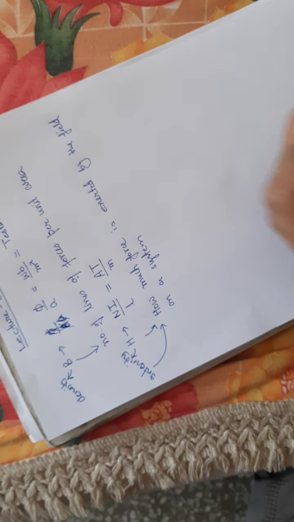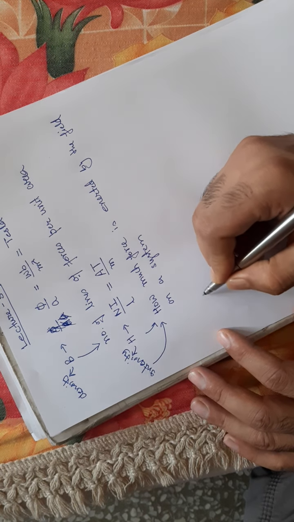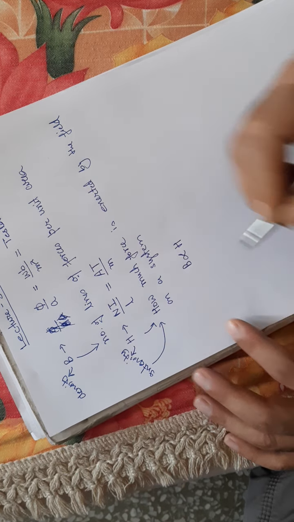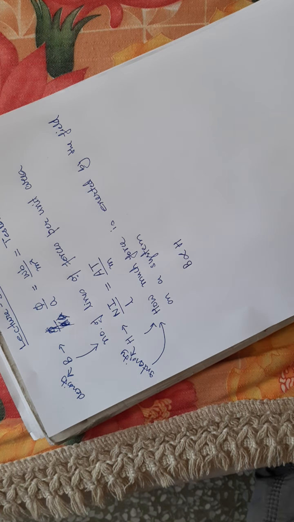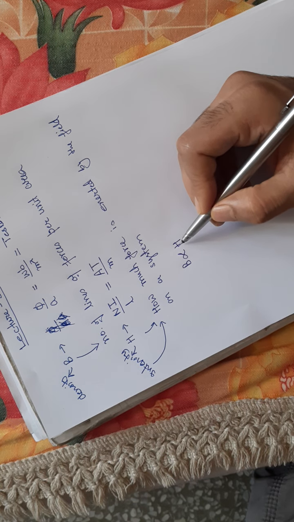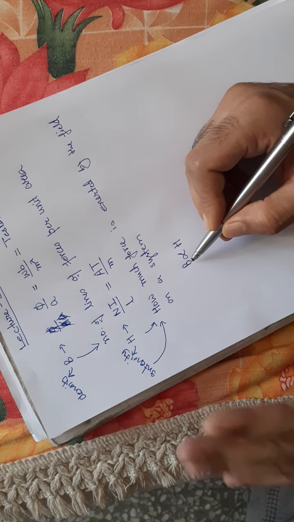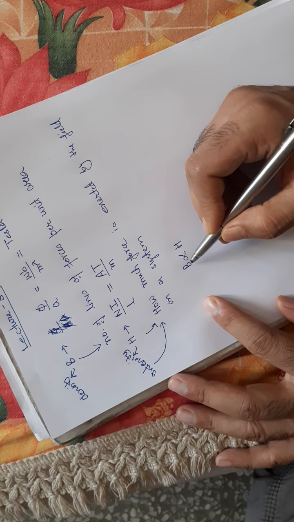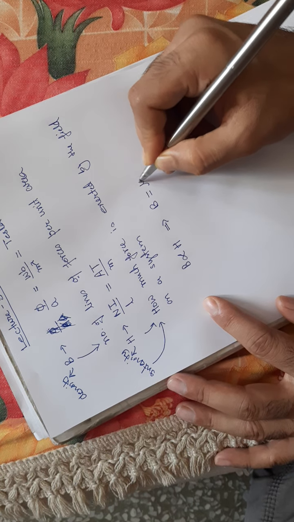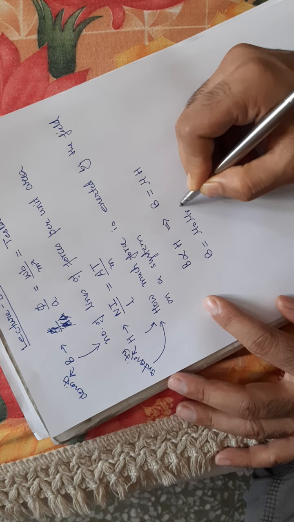Obviously, the more the intensity, the more will be the density. So I can say that B is directly proportional to H. That is, magnetic field density is directly proportional to intensity. If the field is very strong, it will have more lines of force passing through a unit area, which means B is also high. So removing the sign of proportionality, I can write B is equal to mu H, or in other words, B is equal to mu naught mu r H.